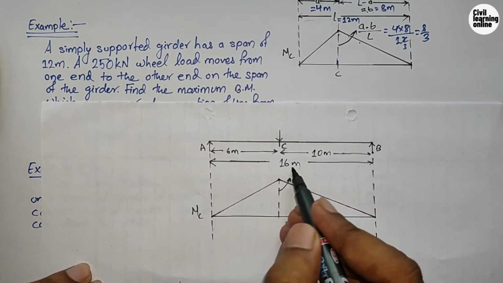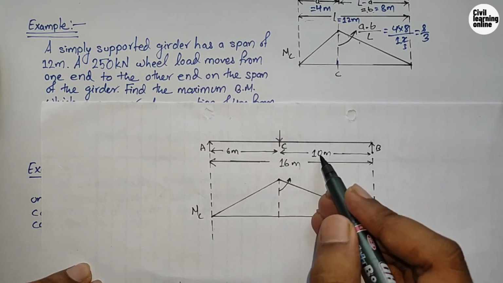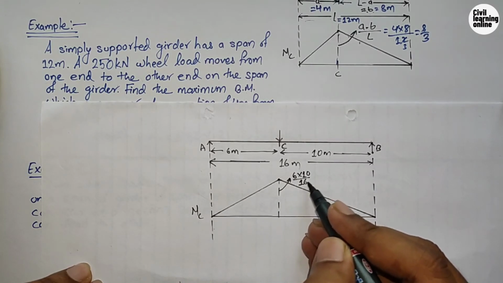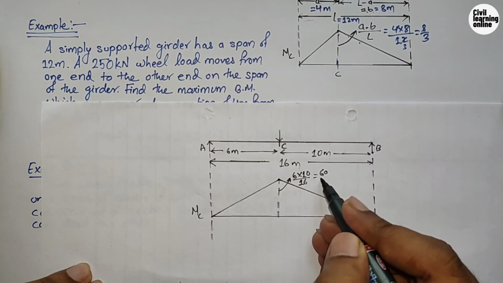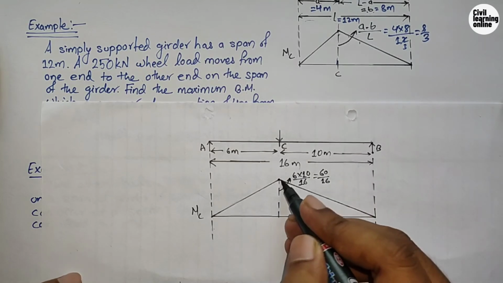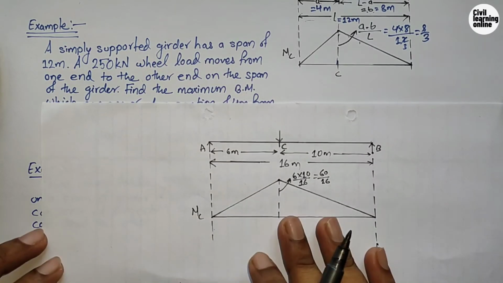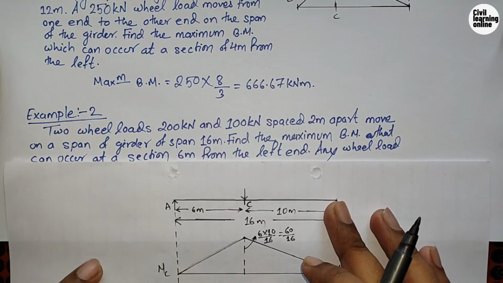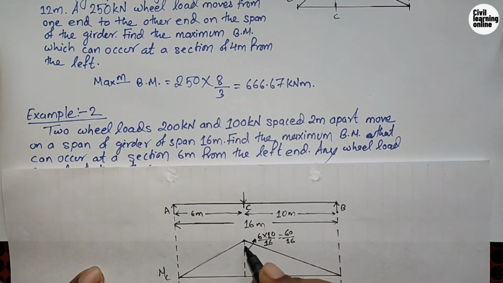of a, b, and divided by the whole span, and a equals 6 meter, b equals 10 meters, so 6 times 10 divided by 16, we will get 60 upon 16, means we have come to know this ordinate. Now we need to place the point loads, which are 100 kilonewton and 200 kilonewton. Now guys, listen carefully. We have come to know the height of this influence line diagram is 60 upon 16, means you can place this heaviest load at point C.